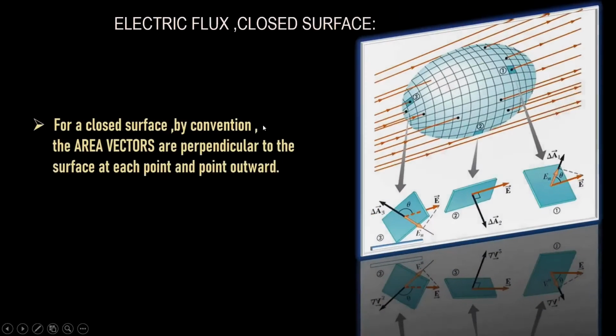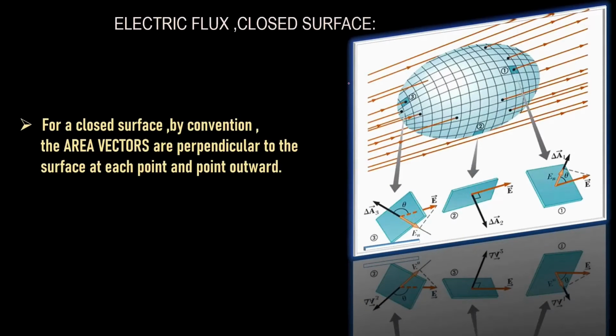Next, we will be dealing with the electric flux through a closed surface. Now we will deal with the particular situation: what will be the magnitude, or how the flux will vary, for a closed surface. Here we know that if we have a closed surface, as I told you earlier, it cannot be shown by a single area element, although the field lines are crossing through the closed surface in this particular direction. So the direction of the field line is fixed,